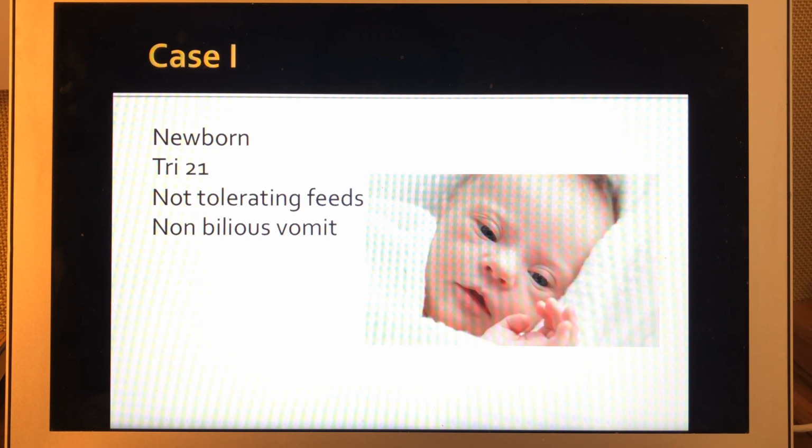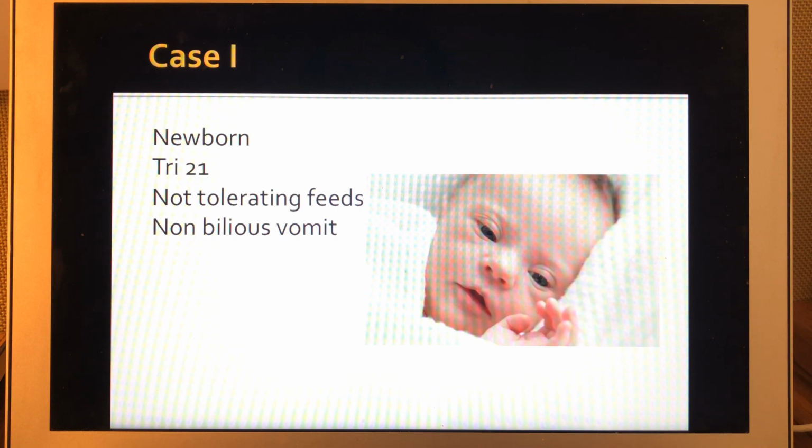Let's take the first case. This is a newborn who, as you can see in the picture, is a trisomy 21 baby. The mother notices he is not tolerating feeds and has non-bilious vomiting or emesis. So having a newborn with vomiting, you should think about bowel obstruction, congenital bowel obstruction, and being a trisomy 21 baby, you have to think about